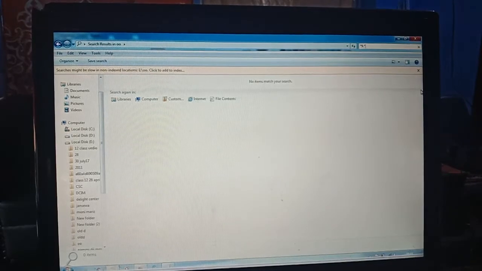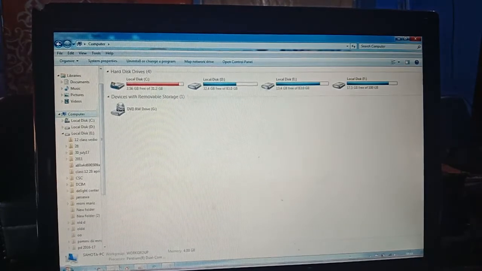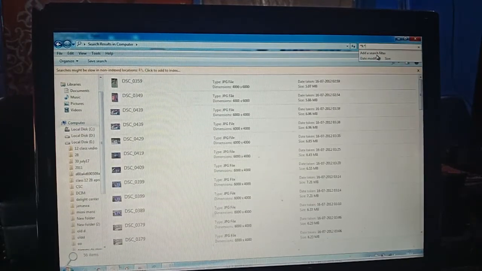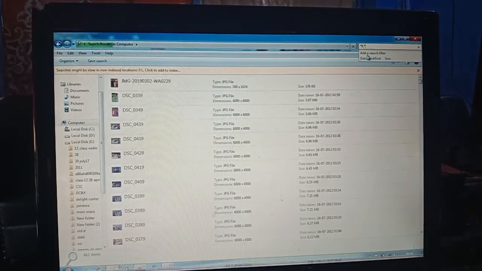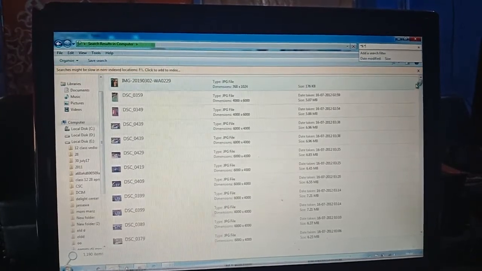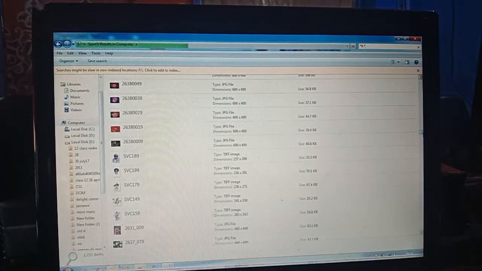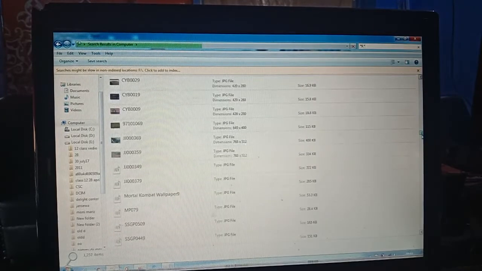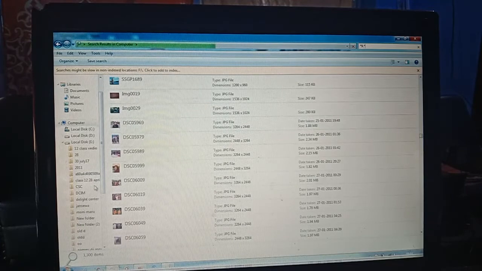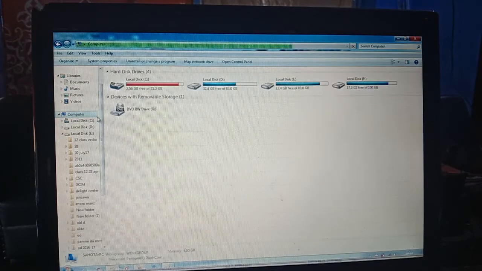In this E drive there is no such folder, so you can go to my computer. In my computer you can search the same way. With the letter 9 available, many files are there. You can go through them, or if you want to open a folder, then according to the folder content we can show. Just go to the E drive, no, F drive.